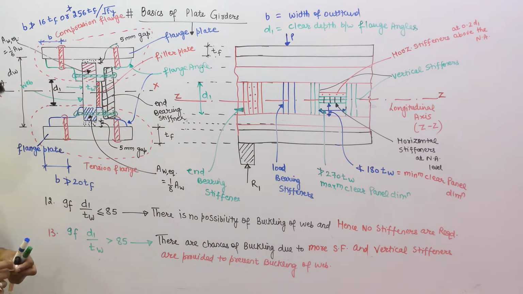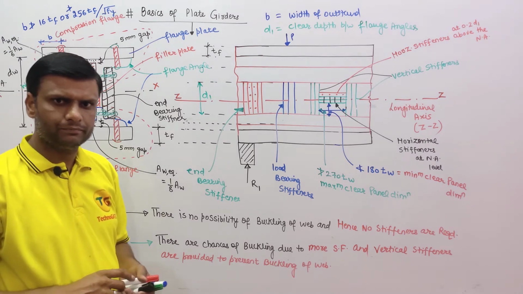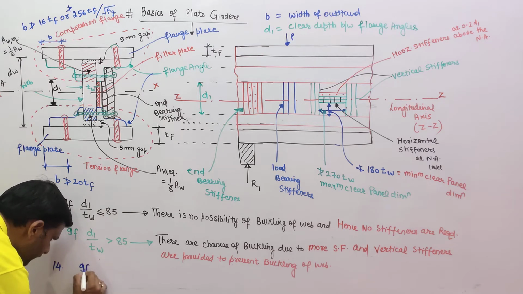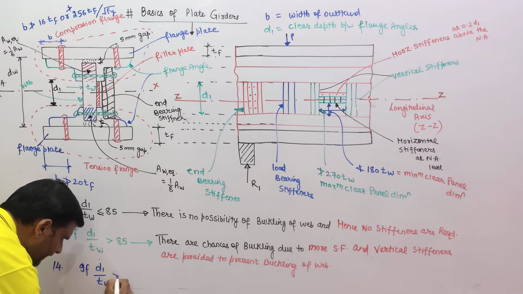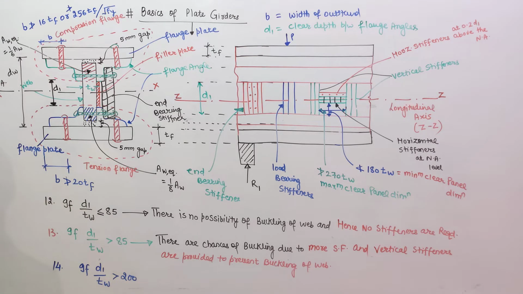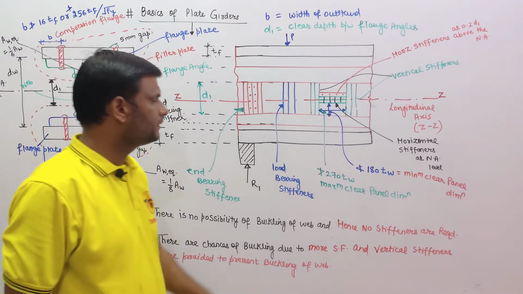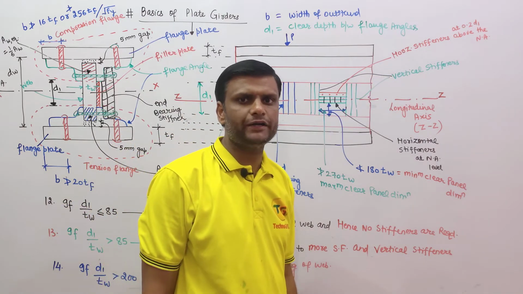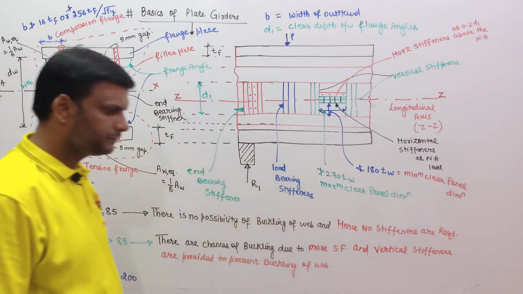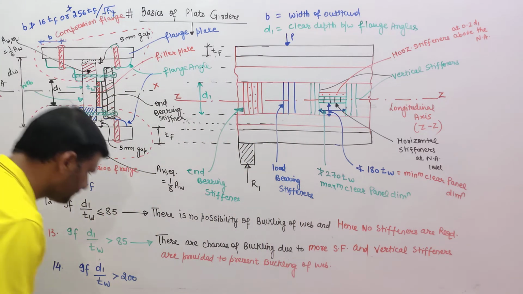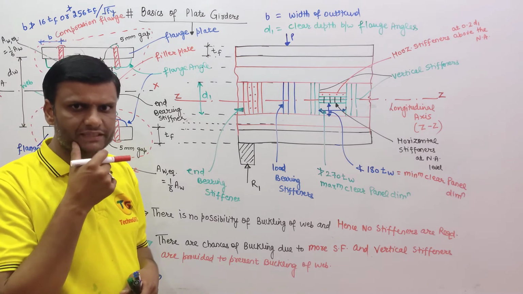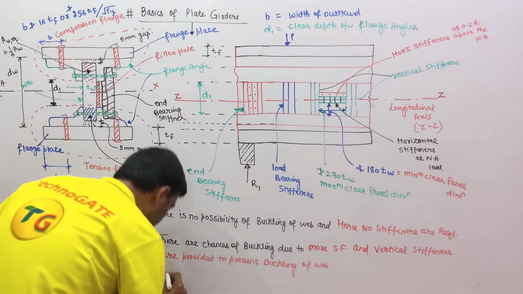Okay, to prevent the buckling of web. That's okay. Now 14th point, if d1 by tw is more than 200, then horizontal stiffeners above the neutral axis at a distance of 0.2 d1 are provided. If d1 by tw is more than 200, there are also the chances of buckling of the web due to excessive amount of the shear force, and hence horizontal stiffeners